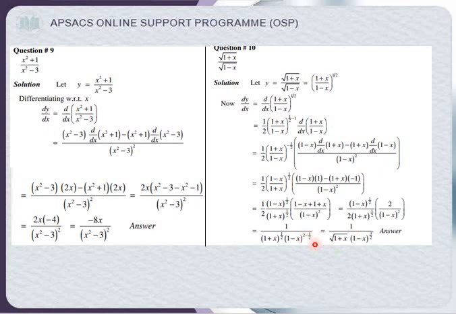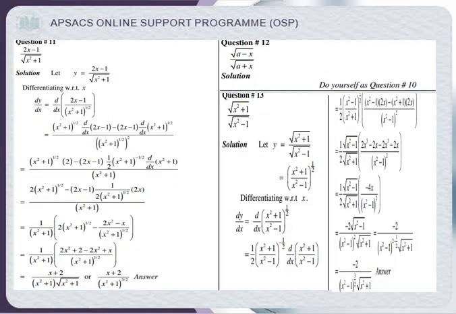So 2 minus 1 upon 2, the answer is 3 by 2, and 1 plus x raised to the power 1 upon 2 we can write as a radical sign. Okay, now moving towards the next question, that is (2x minus 1) upon under root x square plus 1. So I suppose that this is the function of y, and I have to find the derivative of y with respect to x, so dy by dx.